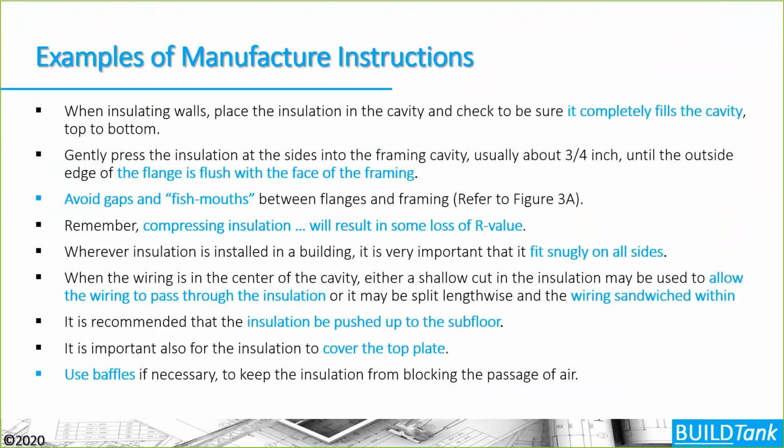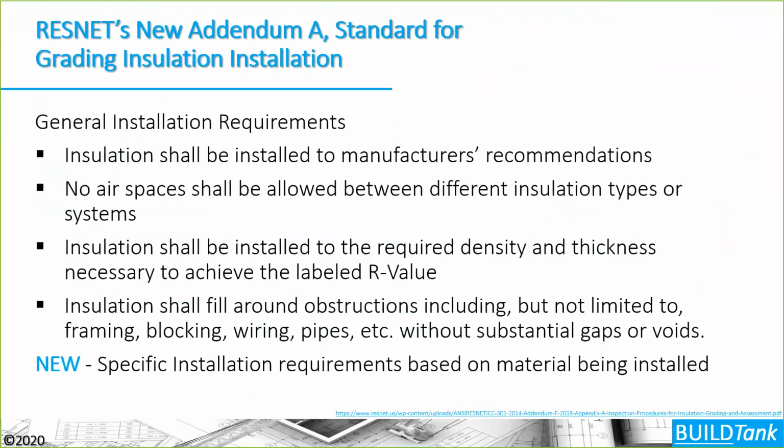But these programs go further, and they look at the ResNet grading standard. This would be addendum or appendix A of the ANSI 301 standards, where you'd find this. But in essence, it says in its first statement that insulation shall be installed to manufacturer's recommendations or installation instructions. Then it gives some examples of those manufacturer instructions. And then in the new addendum A, or appendix A,